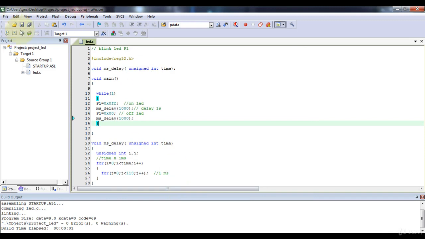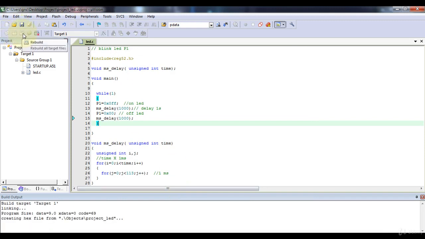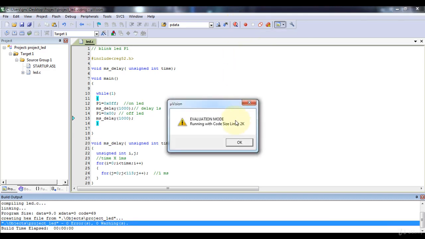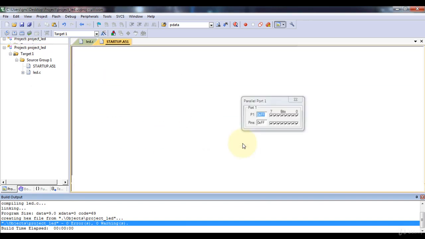Then okay. Again do translate, build, and rebuild. If all went correct, then you have to go to debug to check whether your code is working correctly or not. Since it's an evaluation trial version of this software, you will get a restriction on your compiled code: at max 2K size you can compile. Then okay.